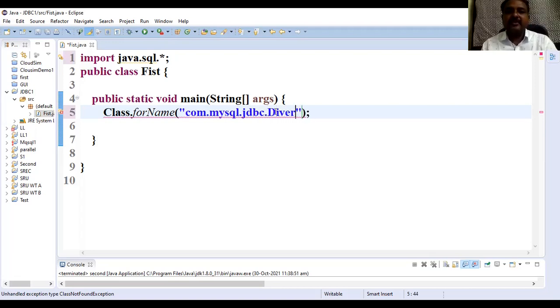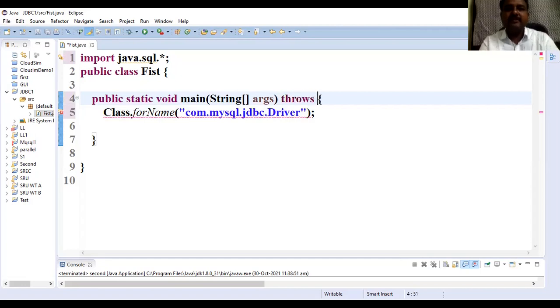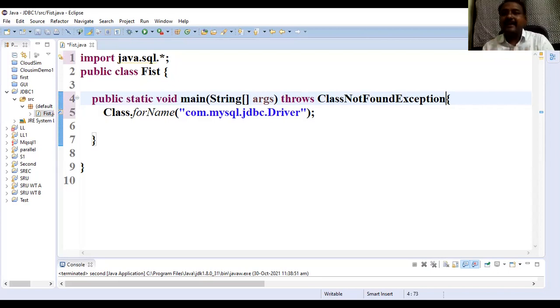It is the name of the driver we use for interacting with the MySQL database. When I use this method, it throws a checked exception called ClassNotFoundException, so we need to handle that exception. If I handle this exception, there is no error at this point. This is the first step for interacting with databases.